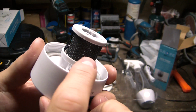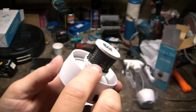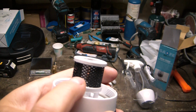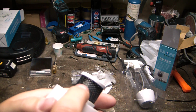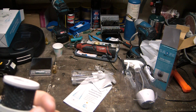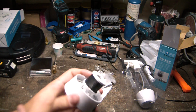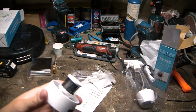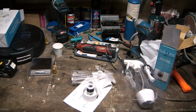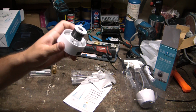Sweet. So we have, on the outside you can see this mesh, and it's coated with something black, and then on the inside you can see we have a silvery looking electrode. Now what I'm really hoping this is, the black coating could be mixed metal oxide on the titanium mesh. Now we're gonna have to test that it's actually titanium, so grab a magnet. So it's a good first sign, non-magnetic,